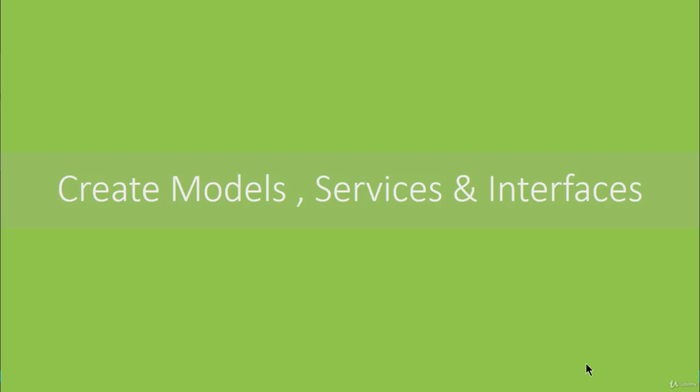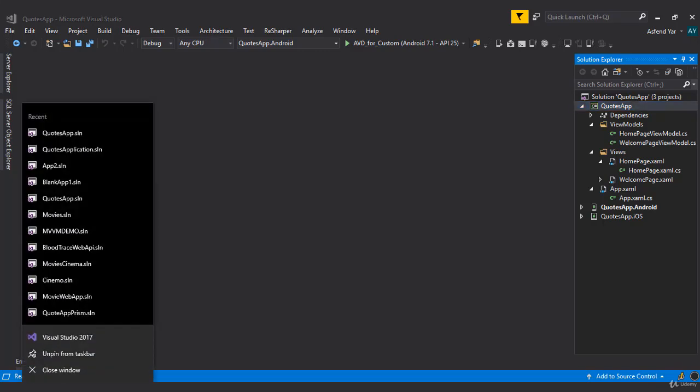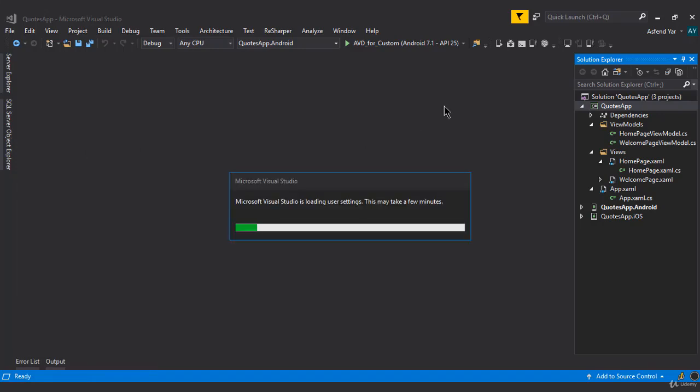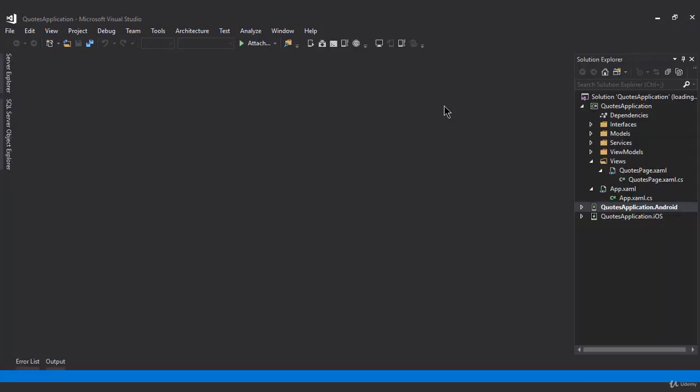Hi, in this module, we are going to upgrade our existing Xamarin Forms application according to MVVM Prism application. If you remember that, we have created the Courts application with the help of Xamarin Forms built-in MVVM. Now we are going to create the same application with the help of MVVM Prism. And what I'm going to do is, I'll open both the projects side by side so that we can copy